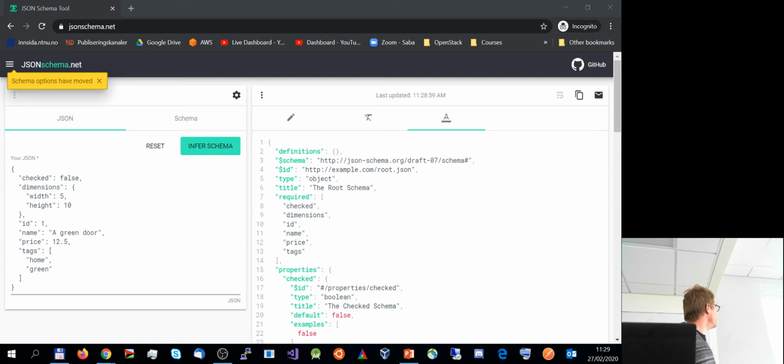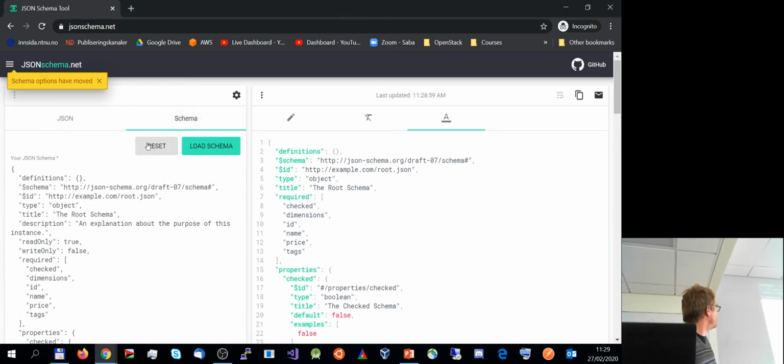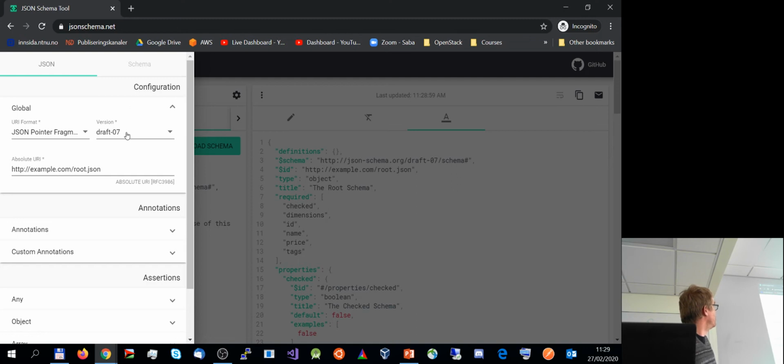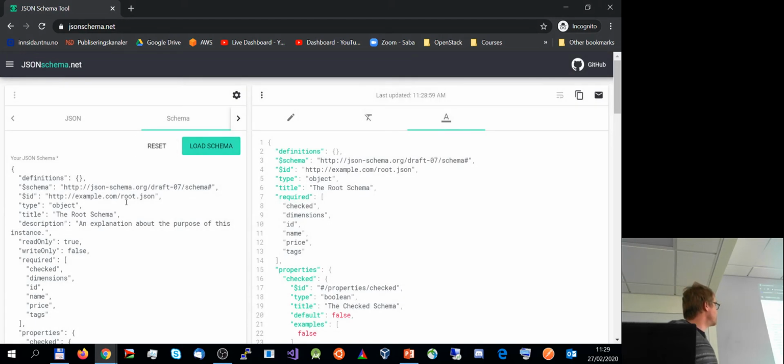So you can literally type any sort of valid JSON in there, and it will infer the schema for you. You can also go here to the specification and say which version of the schema you're referring to, because supposedly it's still changing. So it's also important to know that. But the JSON schema.net lets you do it.